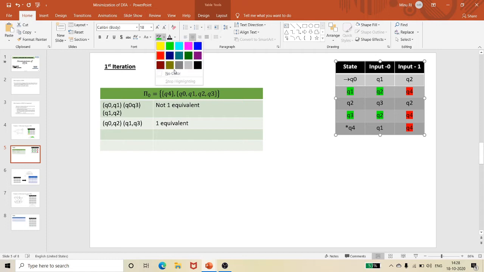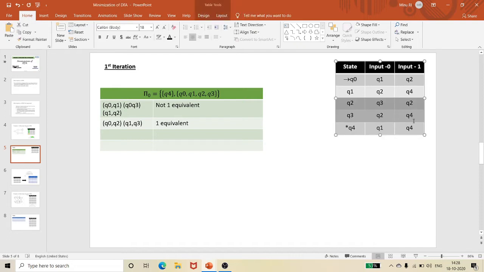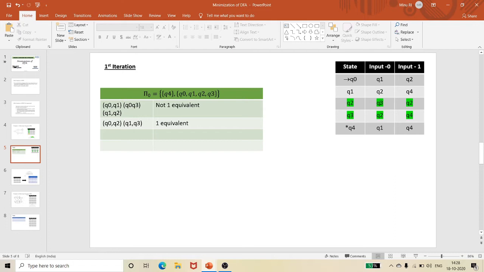Now what is left: I compared Q0 with Q1, Q2, Q3. Then Q1 with Q2 and Q3 I have checked. Then Q2 with Q3 I need to check, whether they are equivalent and belong to the same set. Here Q3 and Q2 belong to the same set, whereas Q2 and Q4 don't belong to the same set. It belongs to another set.